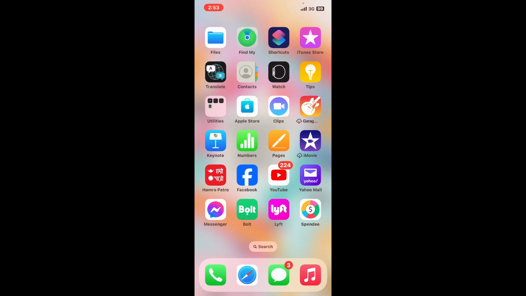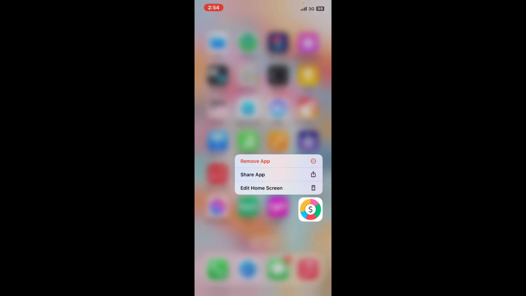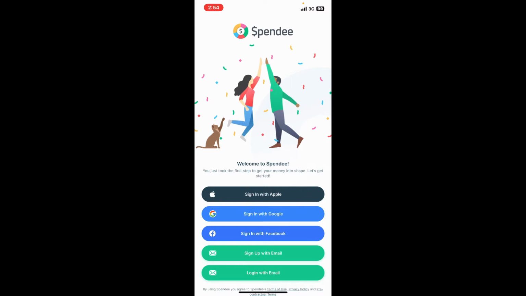To log into the Spendee application, the first thing you need to do is open the Spendee application from your app drawer. If you don't have the app yet, make sure you download it first and then tap on the app icon to launch it. To sign into your existing account for Spendee, you will need to select the sign-in options displayed